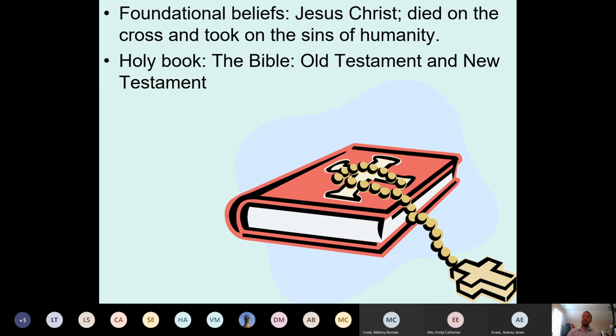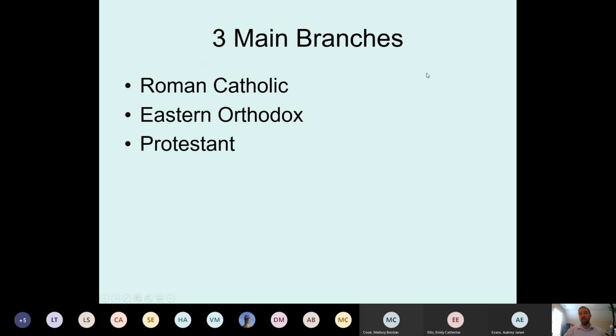So that Old Testament is the common root that you will see that Jews read and Muslims read as well when they're worshiping. In fact, Muslims refer to Christians and Jews as people of the book because the early parts of the religion, what they're reading, overlaps quite a bit. There are three main branches of Christianity, and when you look at these, at first there was one, and the